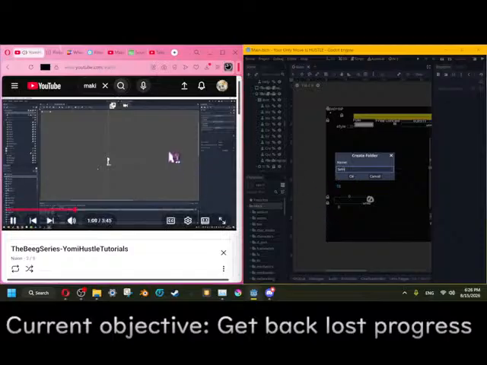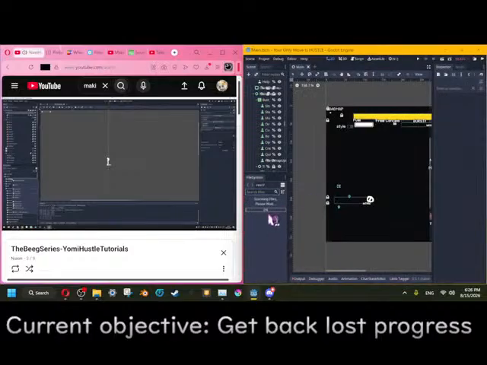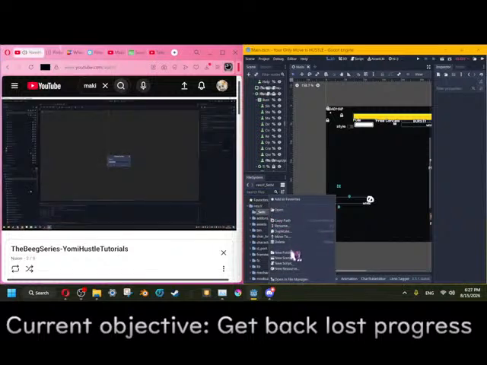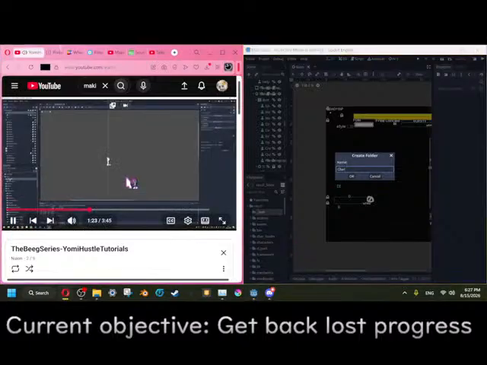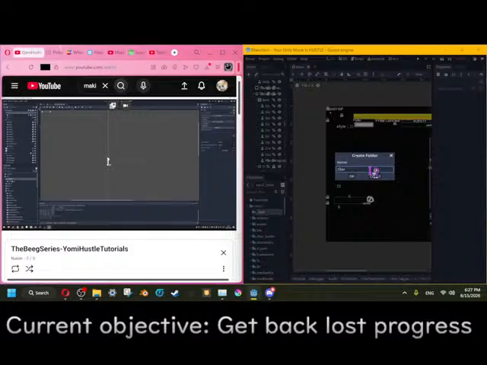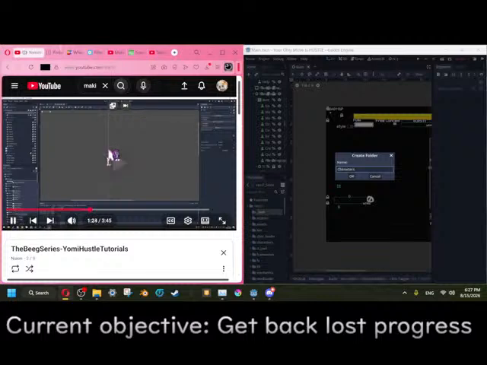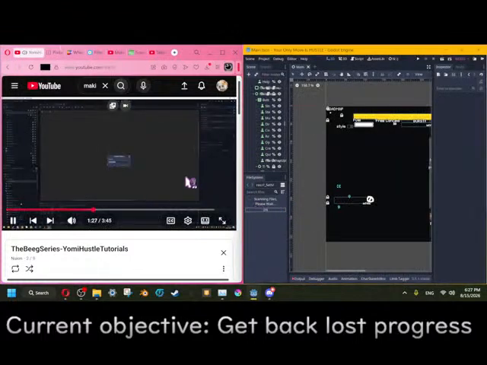And now we follow kind of the path of a normal character. So in here we're gonna make a new folder again. I call this characters, and inside of characters, we're gonna make yet another folder called